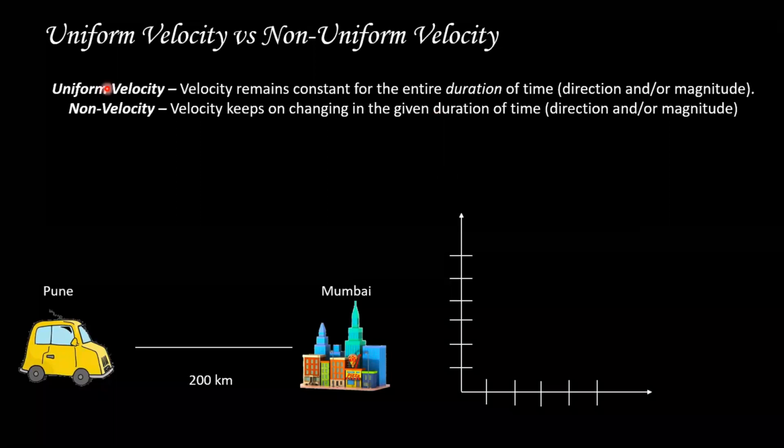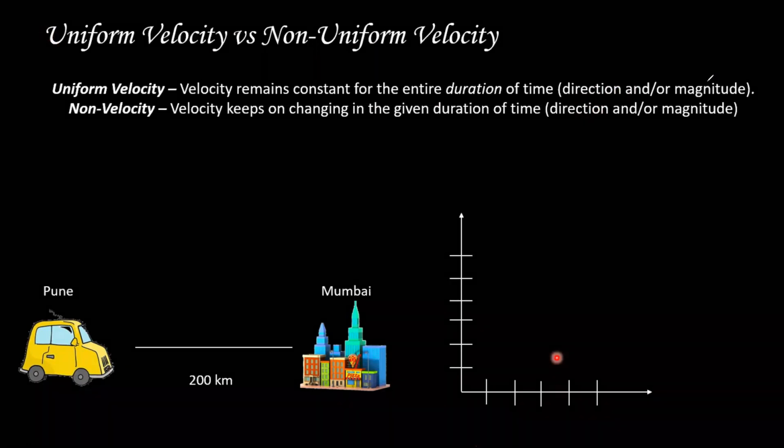So, people, now uniform velocity. Last time we had speed. You just change speed to velocity, and one more thing you have to change is that now you have to focus on direction. Speed is a scalar quantity. It only has magnitude. But velocity has direction also. So if my car is going with constant speed, with uniform speed, it doesn't mean that my car is going with uniform velocity. Now, why would I say this? I'll show it to you now.